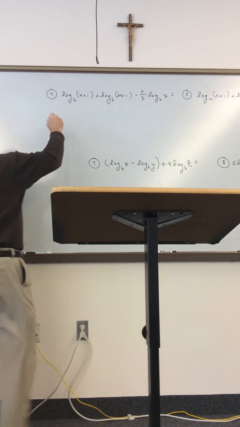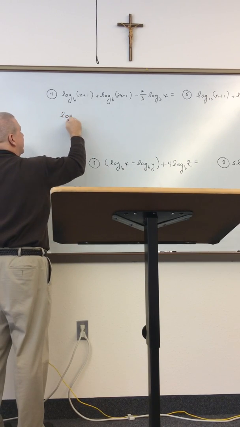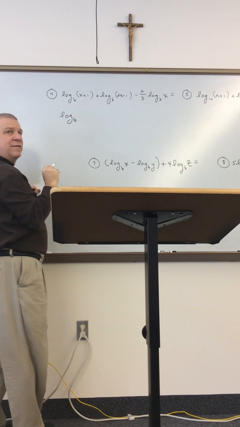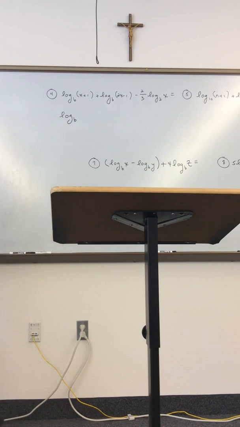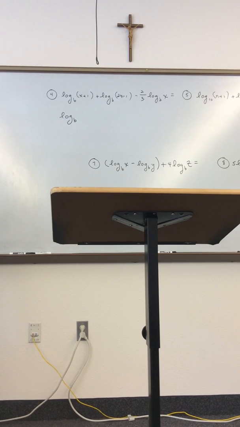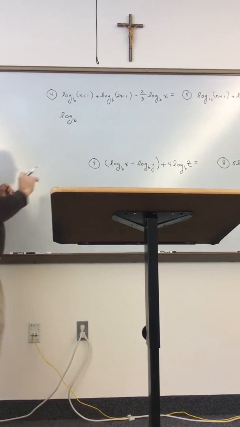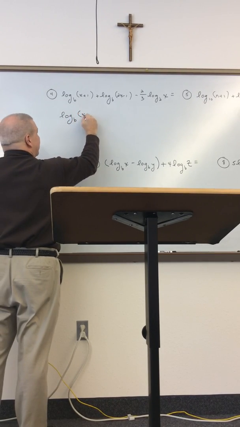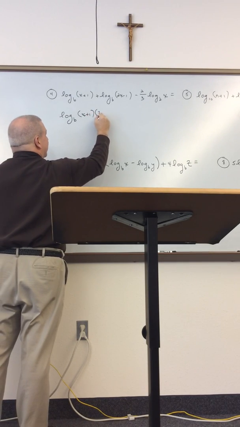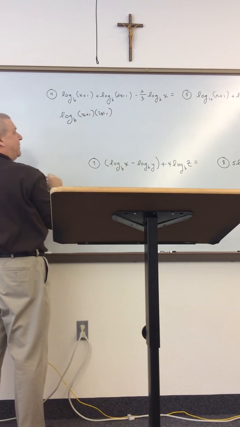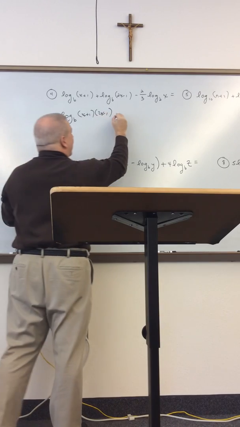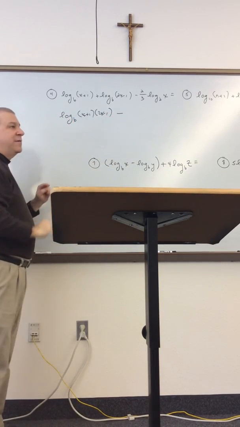Multiplied the numerator. The log to the base b of what two things are going to be multiplied? Quantity x plus 1 times quantity 2x minus 1. Now, just write this down the way I'm doing it. This times that minus,